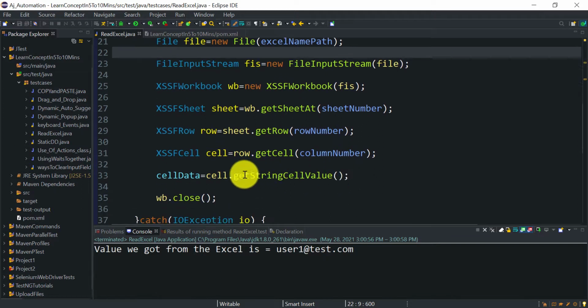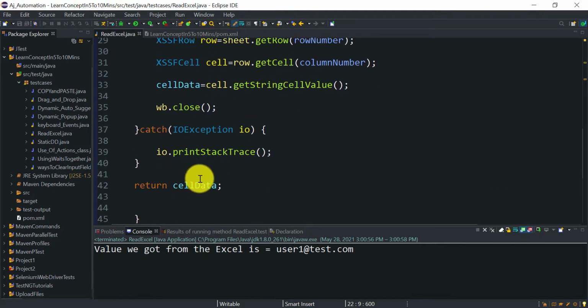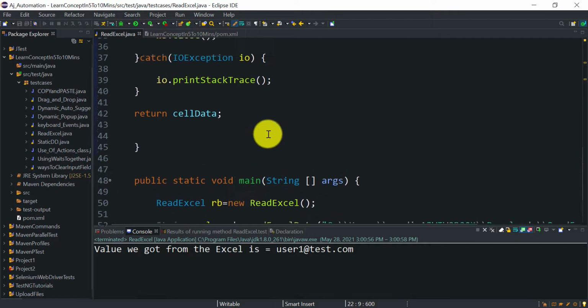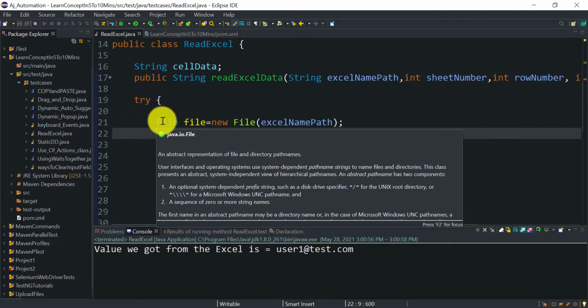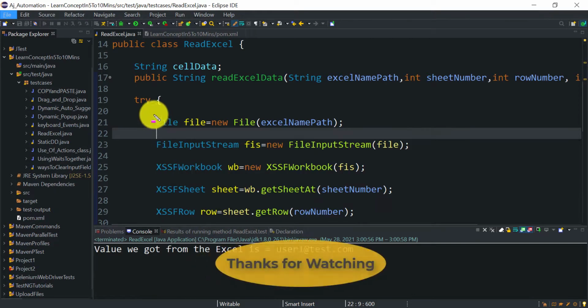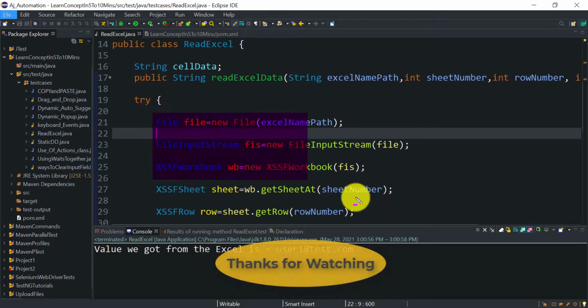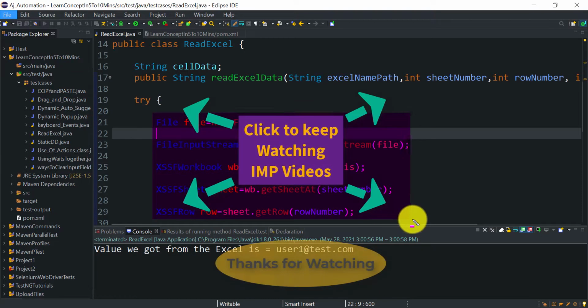And you will get the cell value in string format using getStringCellValue, and that value we will return at the end to the calling method. If you are a beginner, try to create this code in your Eclipse, run that program, and let me know if you face any problem while reading that Excel. This code is also important for interviews, so try to remember it in this sequence.